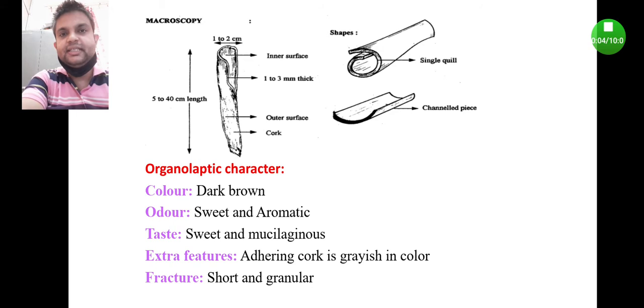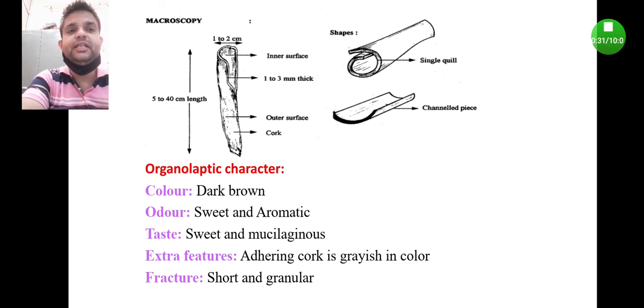So coming to the result and discussion section, let us first understand about the morphology or macroscopy. Remember, my dear students, both macroscopy and morphology are synonyms of each other. This Cassia bark is very easy to identify because it has a characteristic aroma due to the presence of the volatile oil in it. Moreover,